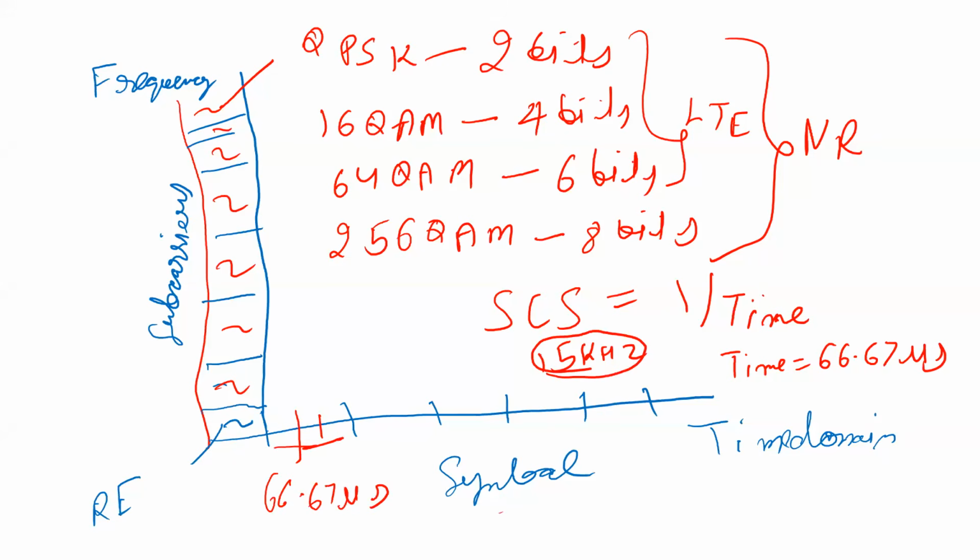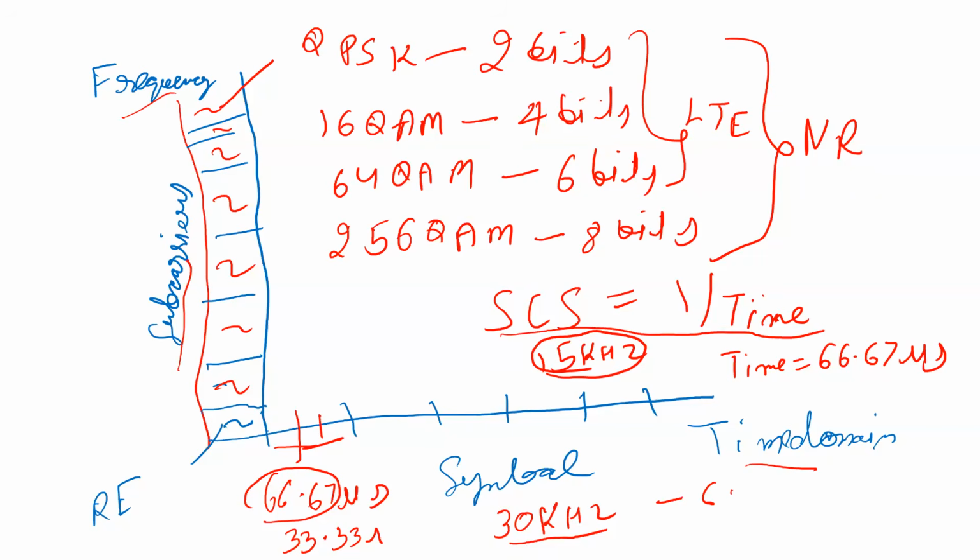If you increase the subcarrier spacing to 30 kilohertz, the symbol time will be reduced to half. That will be 33.33 microsecond. If you increase subcarrier spacing to 60 kilohertz, again it will reduce to 16 point something. So as we increase the subcarrier spacing, the symbol time will reduce. Again, here is the frequency domain and here is the time domain. The lowest unit in the frequency domain is the subcarrier, and the lowest unit in the time domain is the symbol. And I got subcarriers like this,